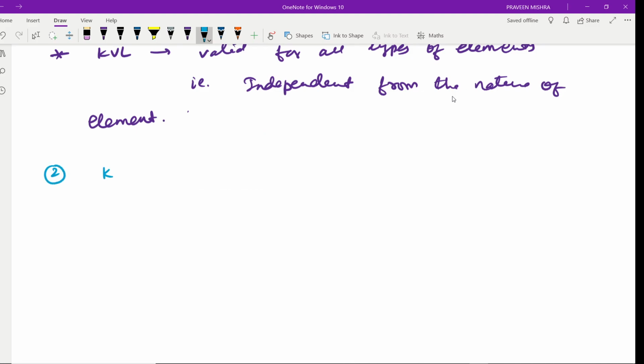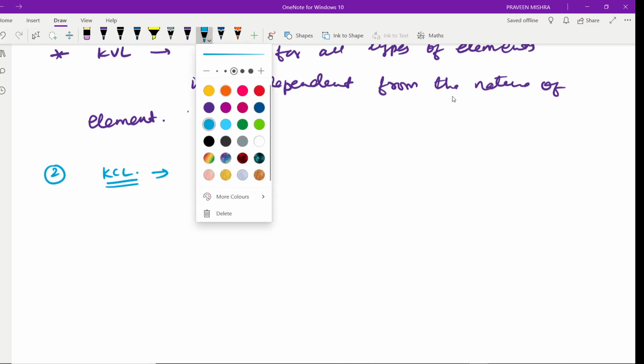This means you already know what is KCL. KCL is the total current across any node will be zero. Total current across any node will be zero. Means